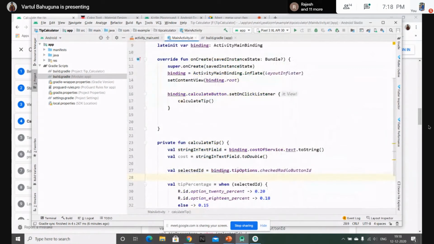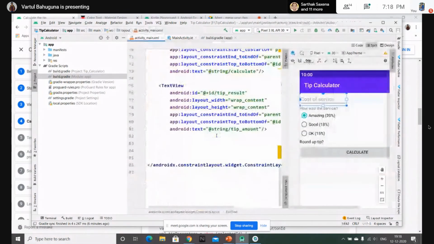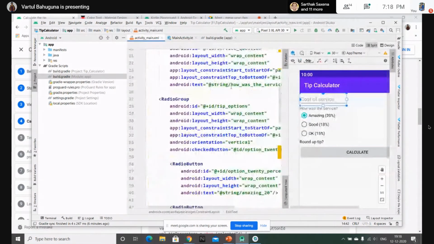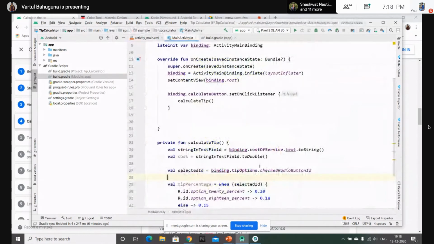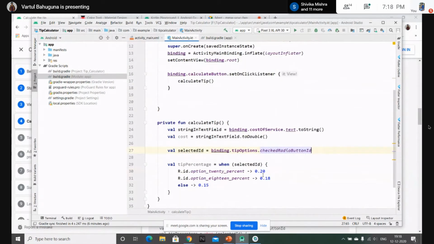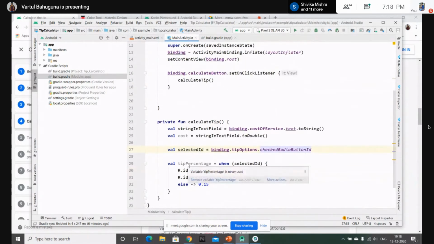So what we are doing is getting the tip options, that's our radio button group ID tipOptions, and then dot checkedRadioButtonId. Now it's getting the ID of the radio button that's been selected. And here we come across another keyword, when, which we covered in the last session.